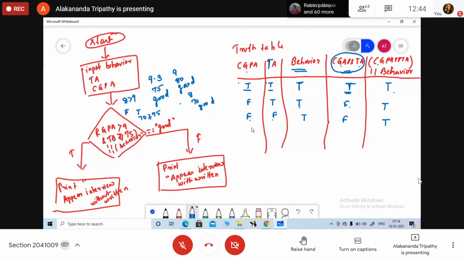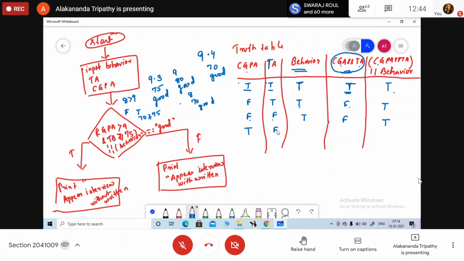Okay. Now I will go with true, false, false, true, false, false. Now my CGPA is 9.4. My attendance is 70. My behavior is good. Now tell what will be the output. What will it be here? True. CGPA true. Theory attendance False.